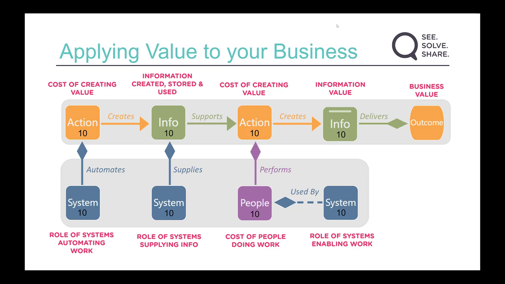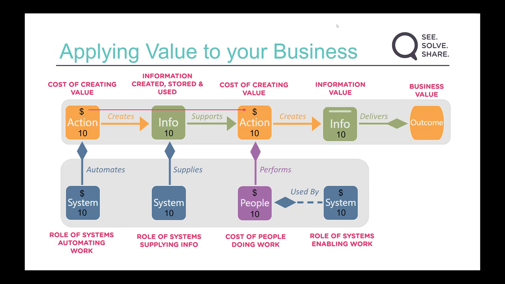And this allows us to really see which people doing which work using which systems creates the most value for our organisation. We also account for the cost of systems. So when a system automates an action, we can account for the proportion of the cost of that system against the action that's being performed. We then take this and add it to other action costs that we capture throughout the sketch.